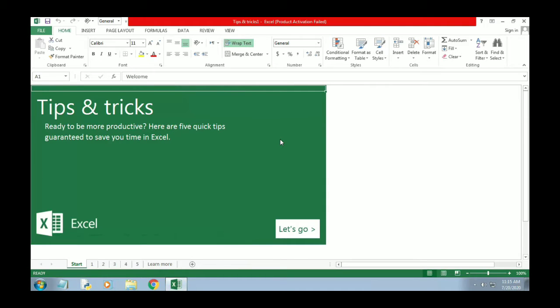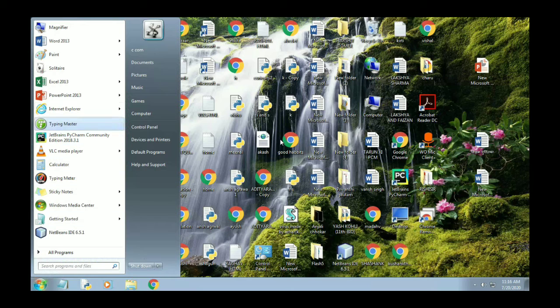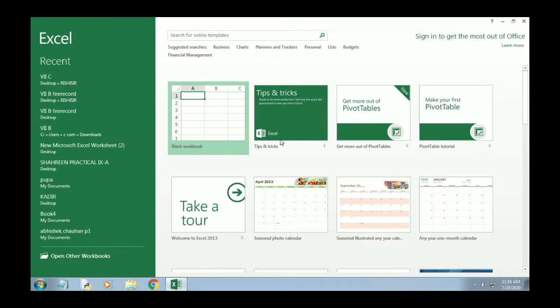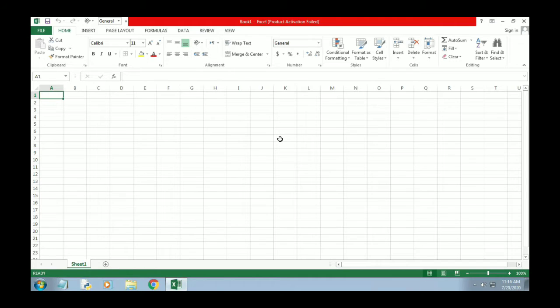Then the MS Excel interface will look like this. Now this is the first method to open MS Excel.